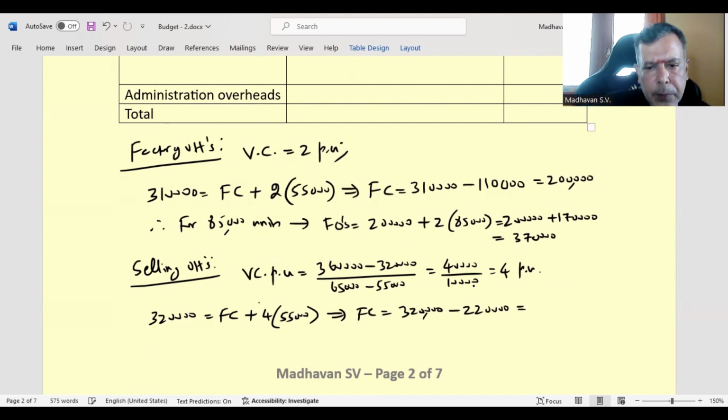That will give you 1 lakh. So therefore, for 85,000 units,